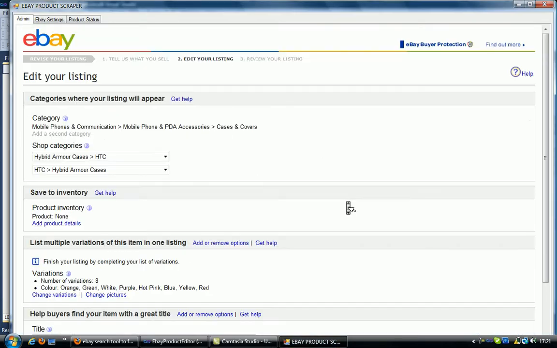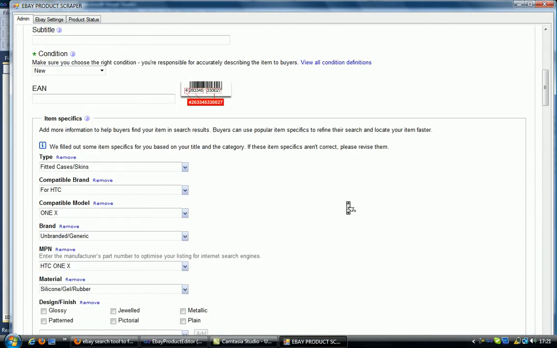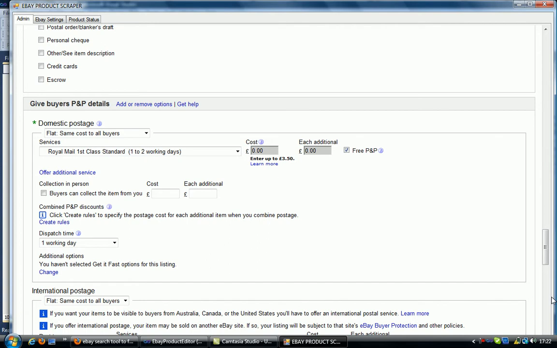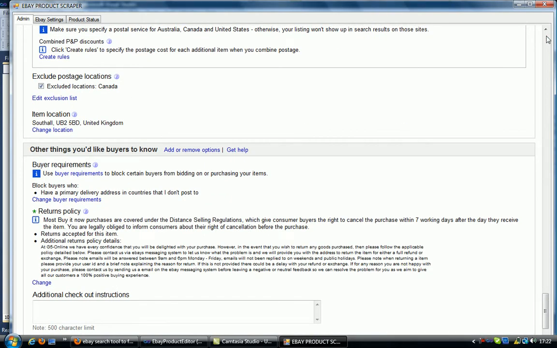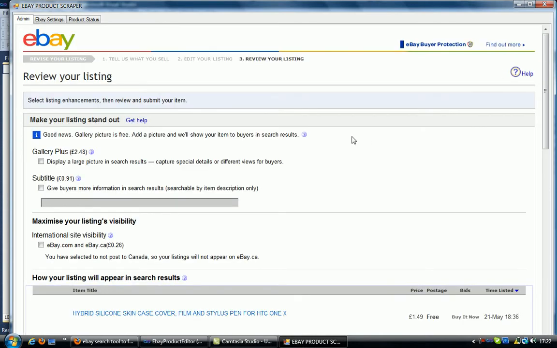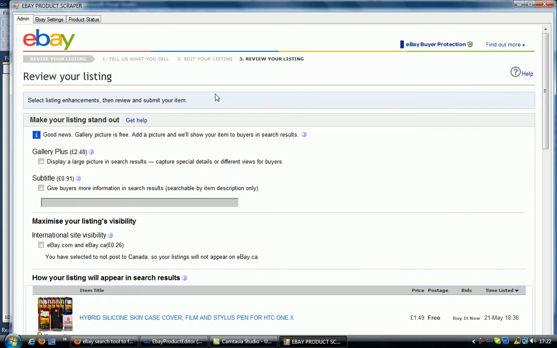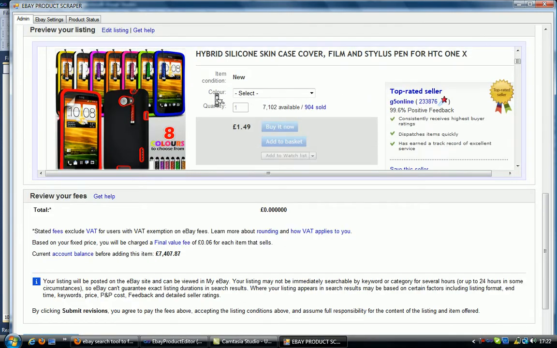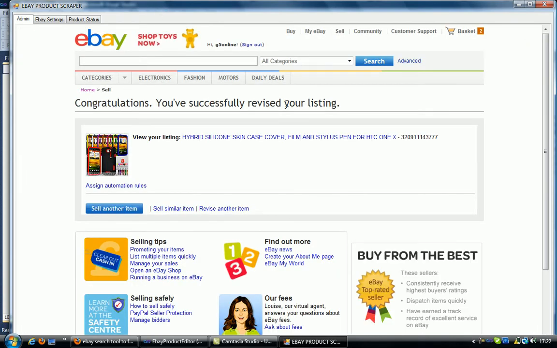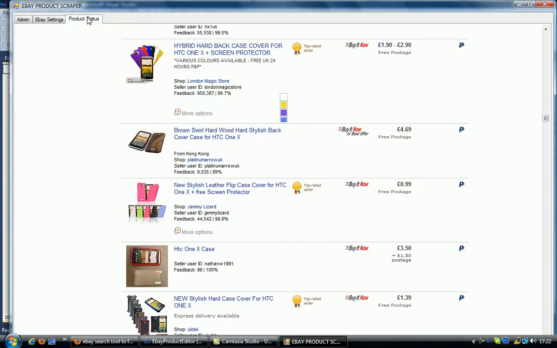See, it's checking, and the product is edited. Everything is done automatically. We'll get a message by the end of the product editing. See, this is your listing. Here it will show how the listing will be reviewed, and how the total listing is edited. Okay. Finally we will get the message, congratulations, you successfully reviewed your listing. See here it changed.